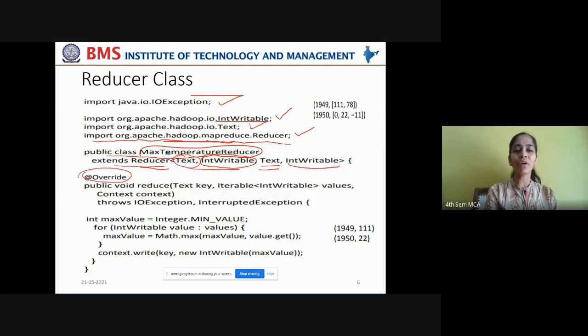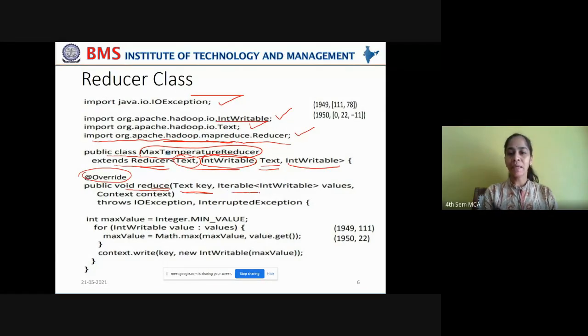Again, you are trying to override the reduce function that is already defined in the reducer superclass. Okay, so we have given the annotation as Override. Now override the reduce function that is defined in the reducer superclass. How do you override this? Give the prototype public void reduce, and what parameters does this function expect? It expects the year, which is taken as the key value, and it is of type string, and for Hadoop it is text.